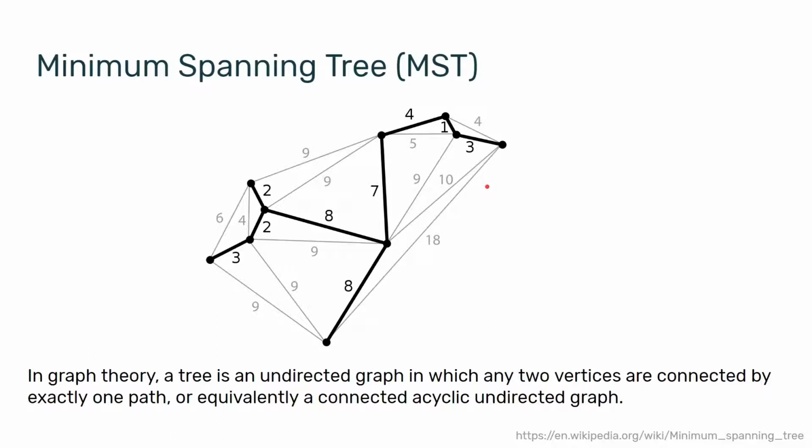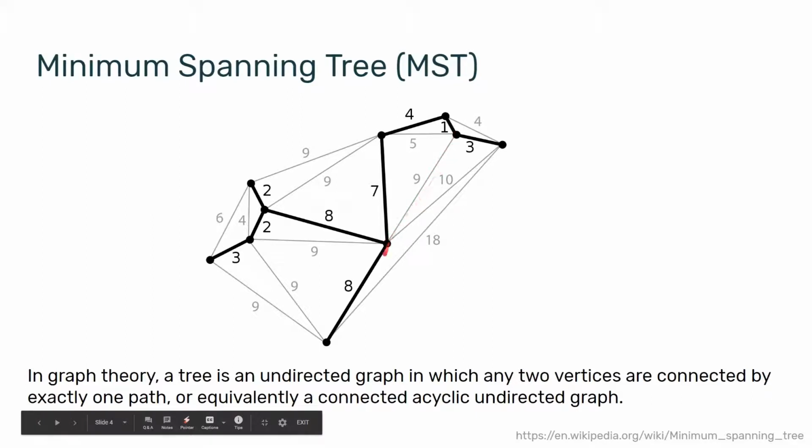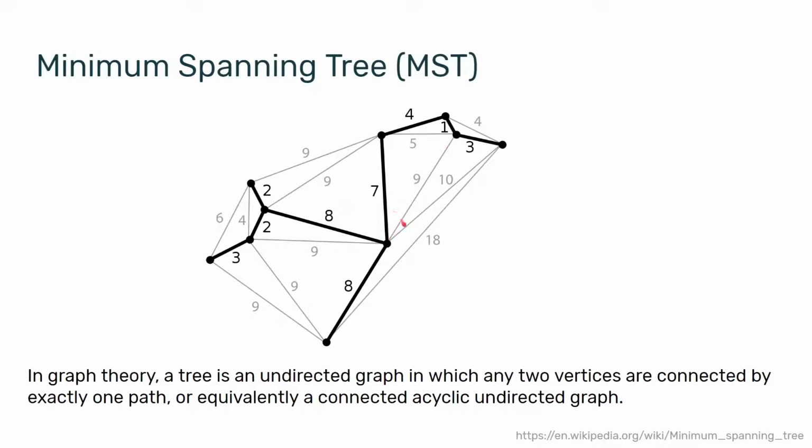And a tree is a graph, it's a term from computer science, where every two vertices or clusters are connected by exactly one path. And this means that if we have one cluster here and one cluster here, then there should be only one way to get between them. So for example, we cannot add this line to the tree because that would break the tree requirement. Another way to think about it is that trees have a starting point. They have a root. So for example, in this tree, this might be the root, and everything expands from that